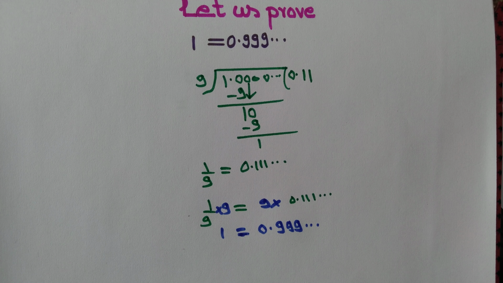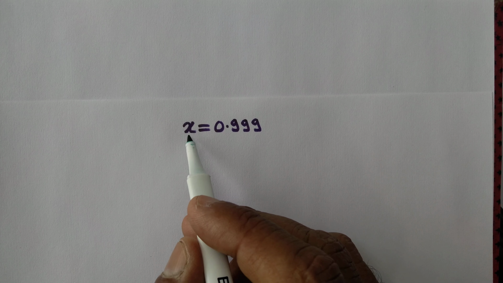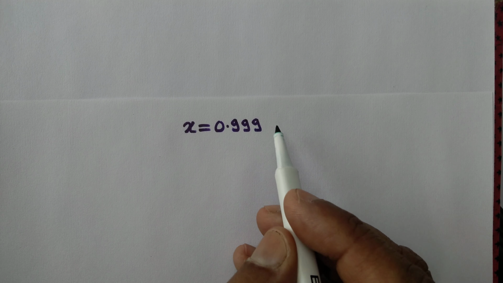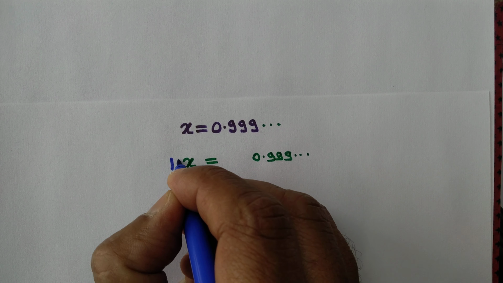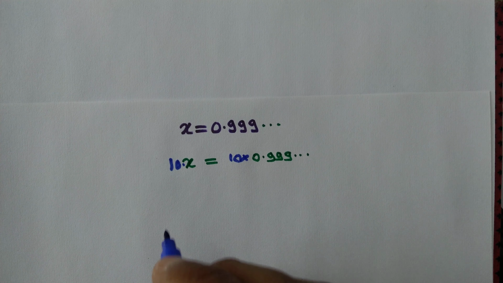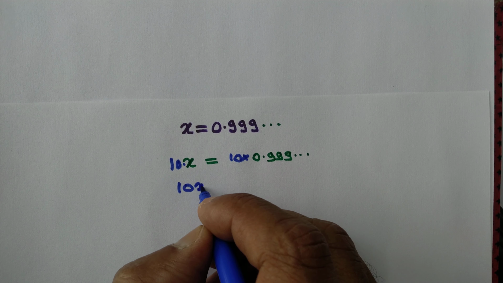However, you may not be convinced with this. We have another proof. Let us assume that we do not know what this number 0.999 and so on is equal to, and let us call this number x. We multiply both sides by 10. We multiply the left hand side by 10 and also the right hand side to obtain 10x equal to